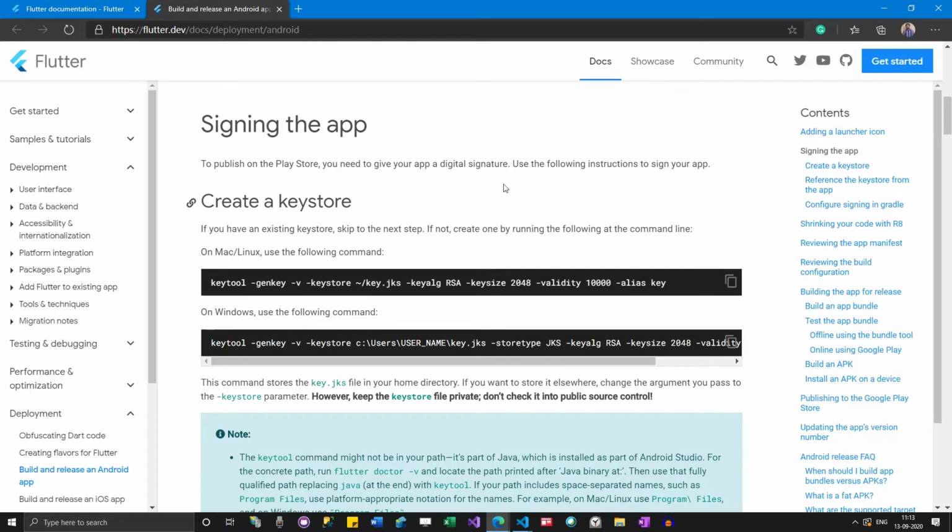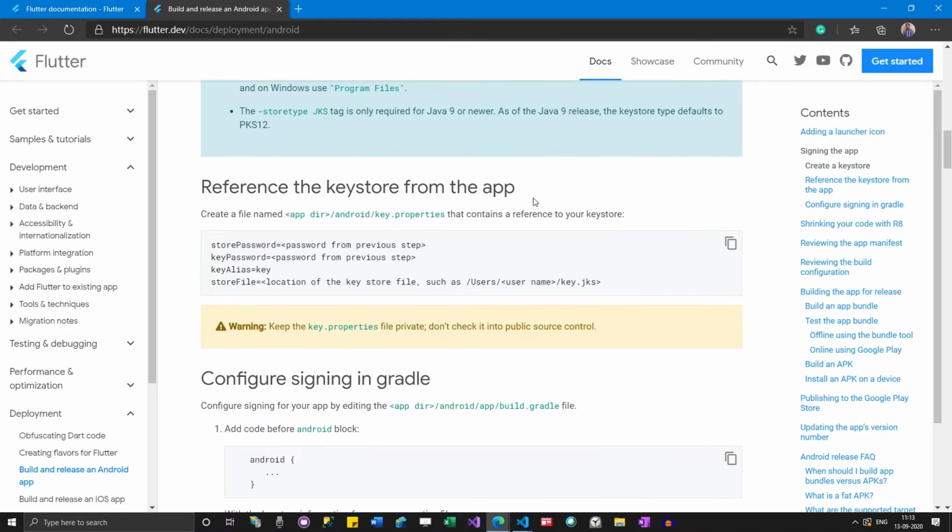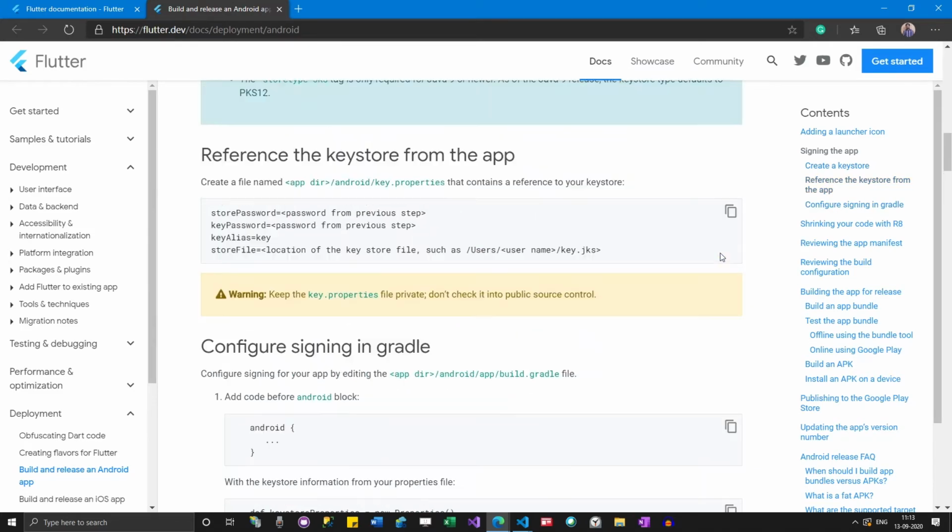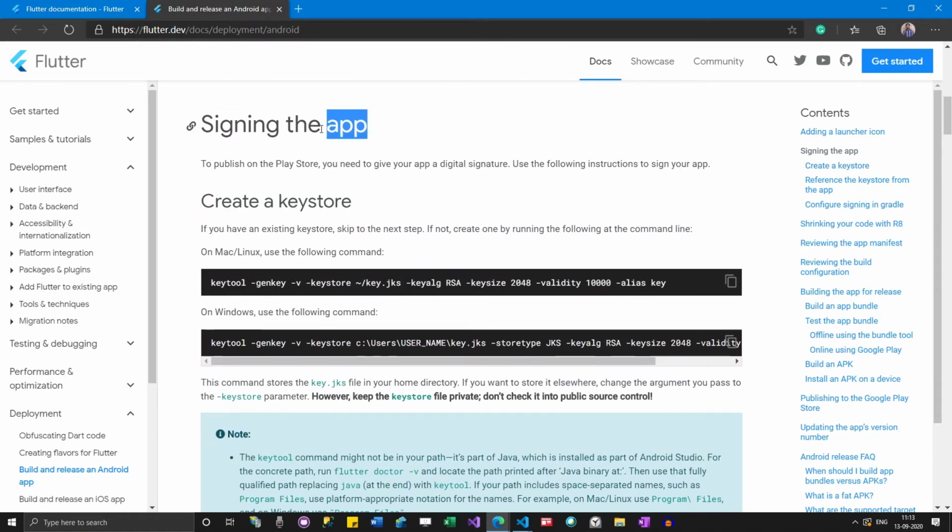One thing that is important is, when you're following this procedure, they will say something about signing. When you're signing the app, they ask you to give a password and some information. You need to ensure that that information is saved carefully, and not available for everyone.